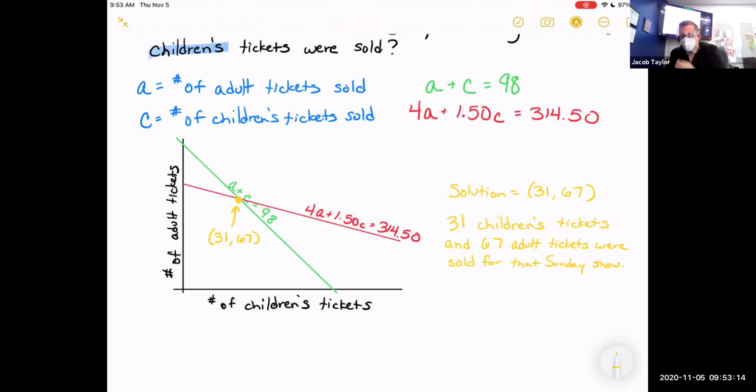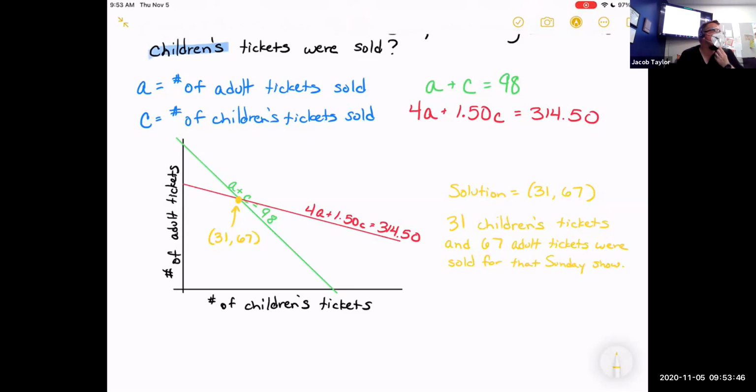If you go up to the 4a plus 150c equation and you replace the a with 67 and the c with 31, that will tell you how much money they made off of them. We made $268 off of adult tickets because that's 67 times 4. And we made the other $46.50 off of children's tickets because that's $1.50 times 31. So if I wanted to know how much money was made from adults and how much money was made from children,